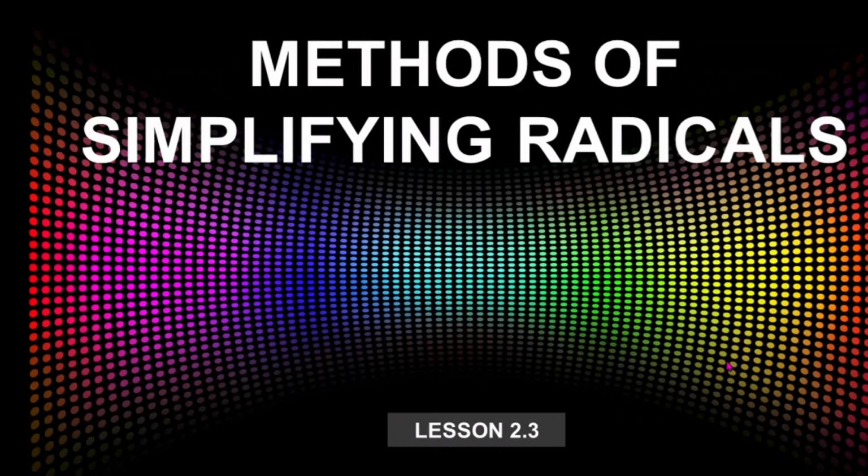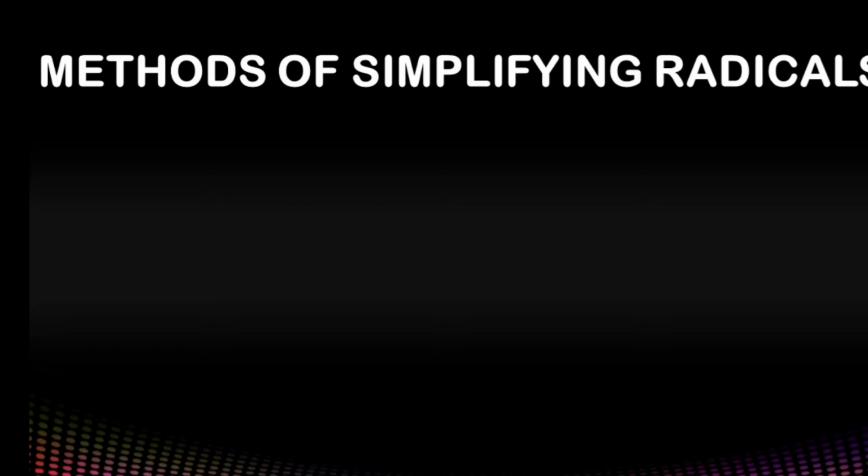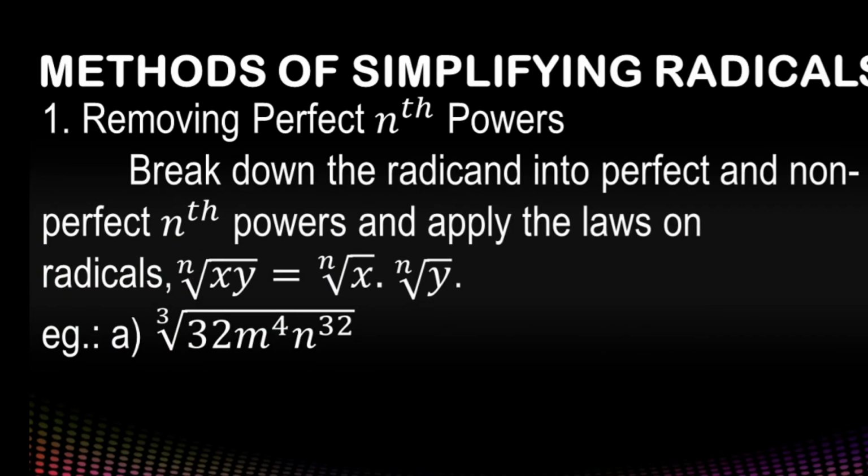Good day, learners. Now we are going to have the methods of simplifying radicals. So the first method states that removing perfect nth powers. In removing perfect nth powers, we need to break down the radicand into perfect and non-perfect nth powers and apply the laws on radicals. The nth root of x times y is equal to the nth root of x times the